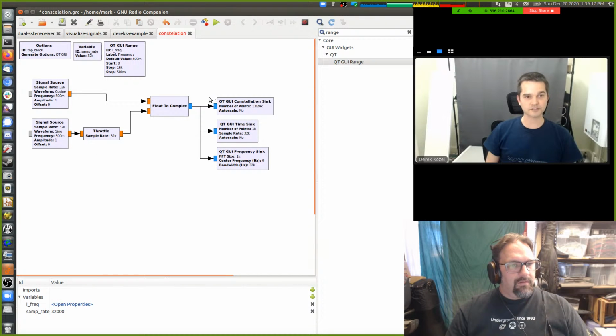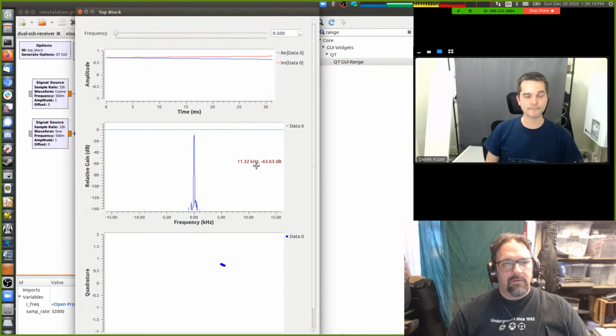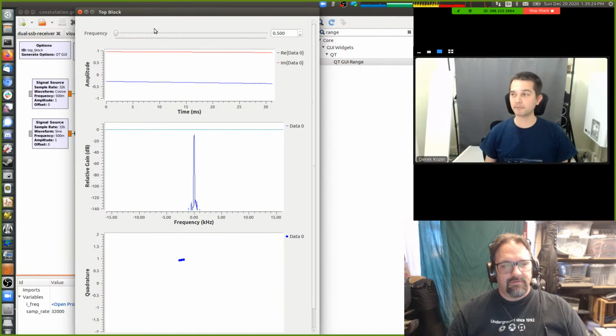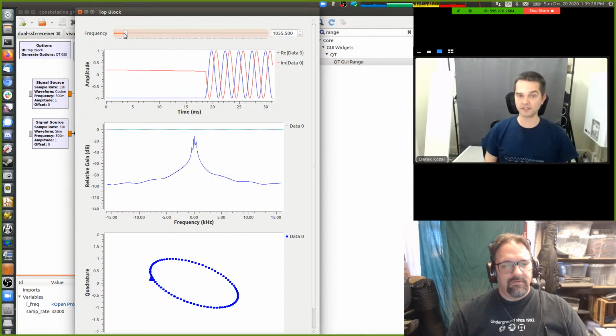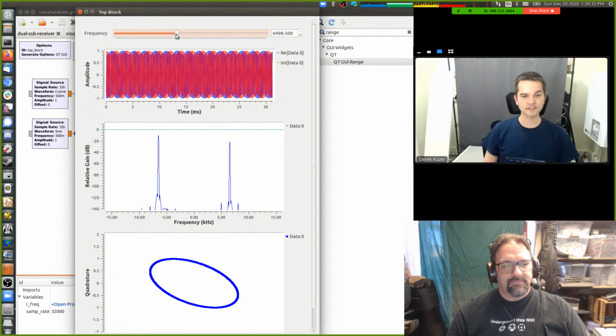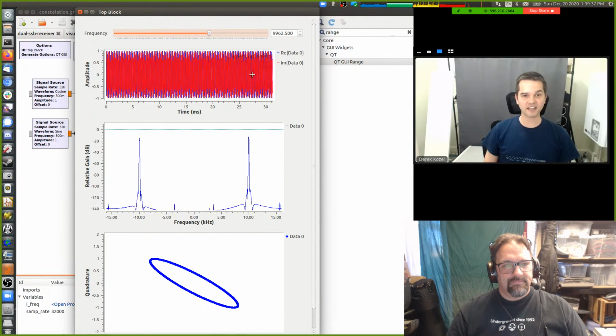Cool. And let's just fire this up. And hopefully, we are going to change the frequency of both of the components in lockstep here. So we're not going to do anything funny with that. So you're now driving a